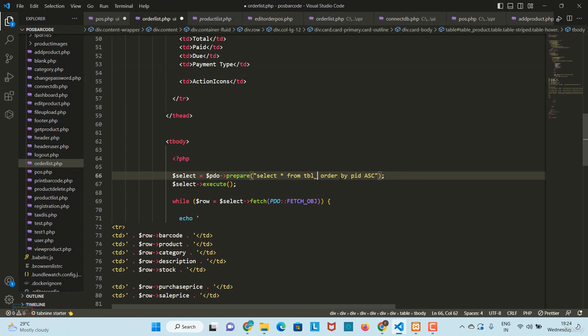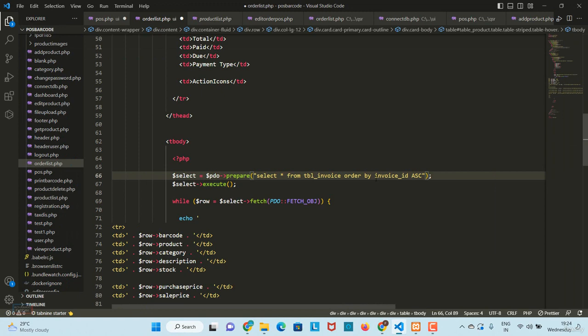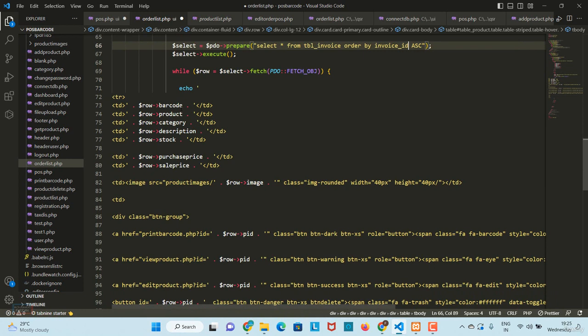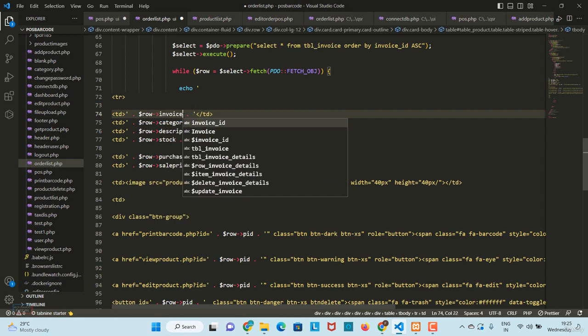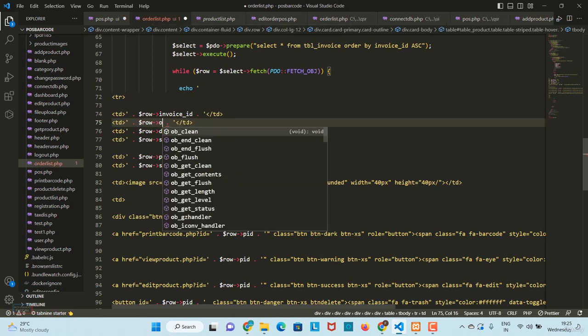So here I can give tbl_invoice order by invoice_ID. Okay, so that is the column name of our table. You can see here invoice_id. So we have passed here, and simply what I want to show here, so first remove this barcode, and here I want to show simple invoice ID, and in the second I want to show the order date,